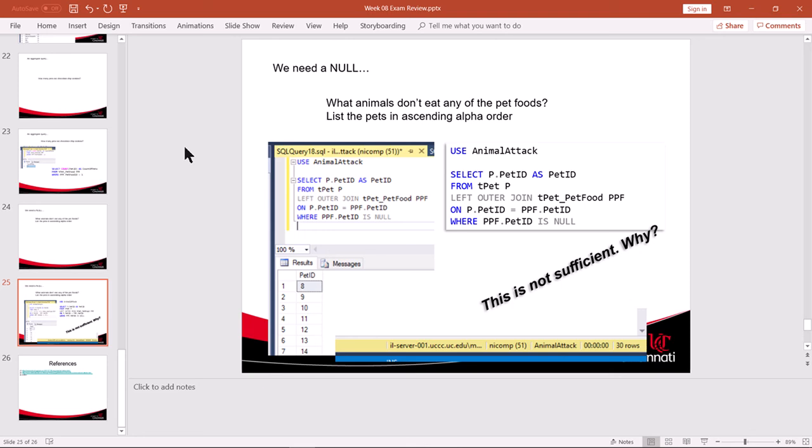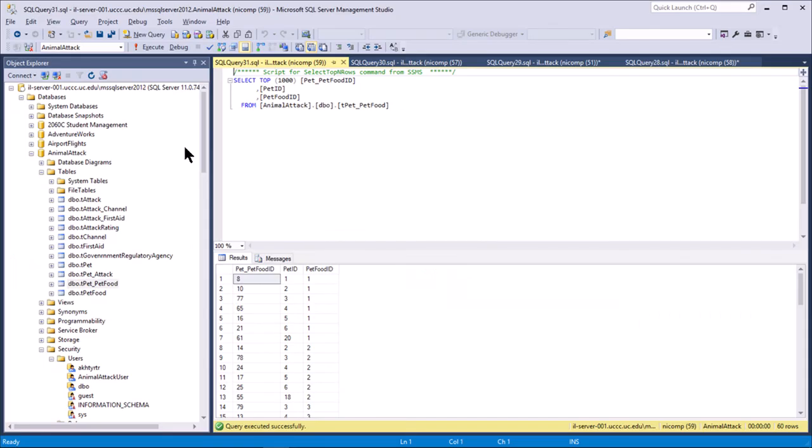This is not sufficient. And this is not sufficient because these pet IDs have no meaning to anyone except the database designer. So telling you that pet ID 8 doesn't eat any of the foods has no meaning to you. You don't know what pet ID 8 is. Of course, if you were to take the time to go back to the database,